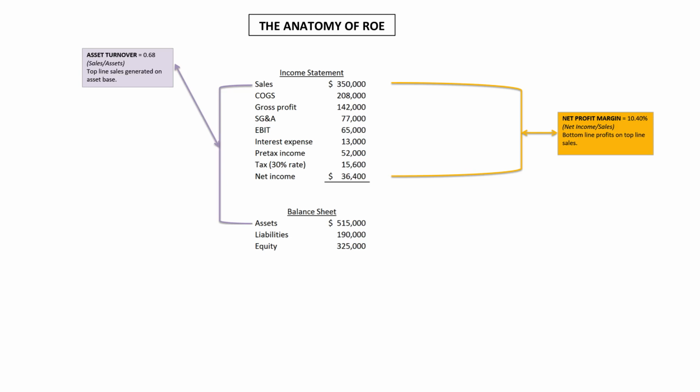Okay, then we want to look at our asset turnover. So our sales divided by our assets. So if we took our sales, divided it by our assets, we're turning it over 0.68. 0.68, is that good or bad? Again, I don't know in the abstract. It's relative to the industry standard, but we do know this. Asset turnover many times is heavily dependent upon the type of good or service you're selling.